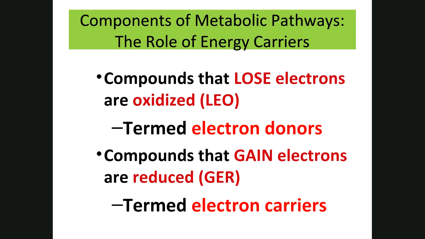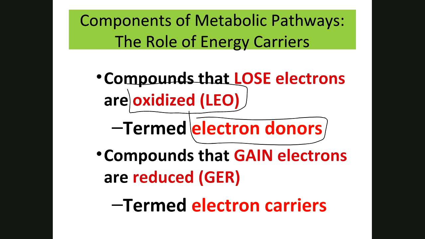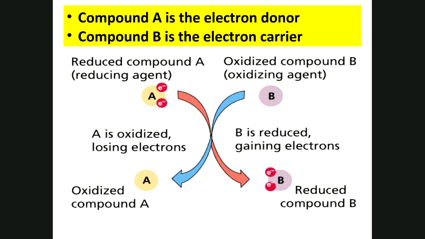Well, that process of removing hydrogen ions from a molecule is called oxidation. So oxidation, you probably learned in chemistry, is the removal of an electron from a molecule. And the opposite of oxidation, reduction, is the gaining of electrons. In biology, however, when you think of oxidation, these electrons are going to be removed, so